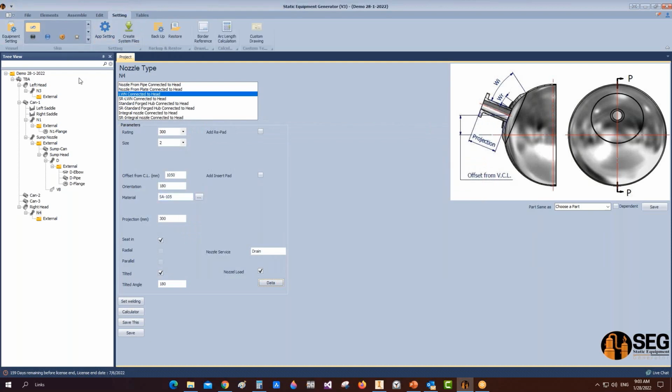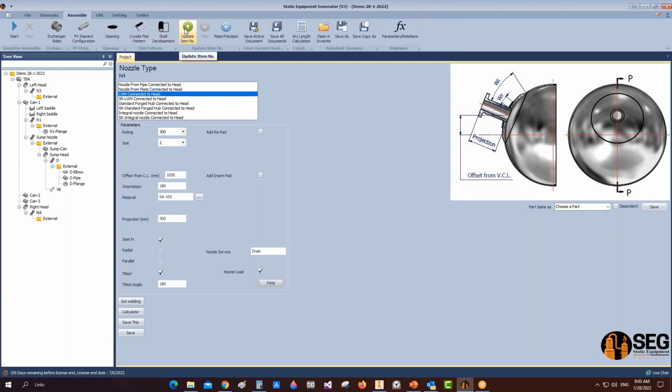Okay, let's start creating another important point, which is the update item number. Okay, by clicking on this button, automatically SEG will send the item number, which is calculated on SEG material, bill of material, to each element. Okay, this process gives you the ability to add a balloon for elements, and those balloons will reflect the item number on the bill of material, and we will check that on the drawing after finishing this process. It may take 1 or 2 minutes to finish